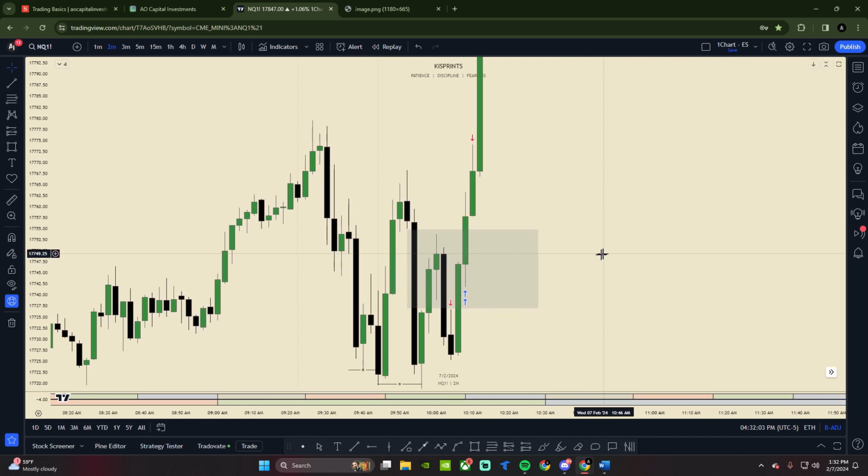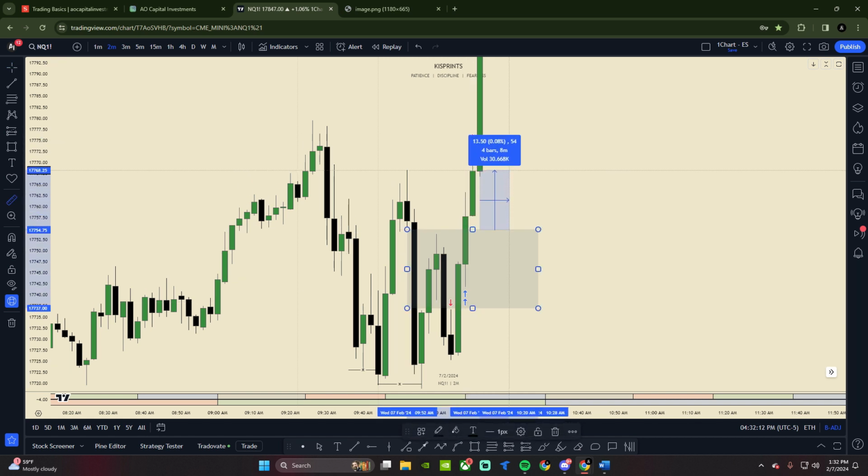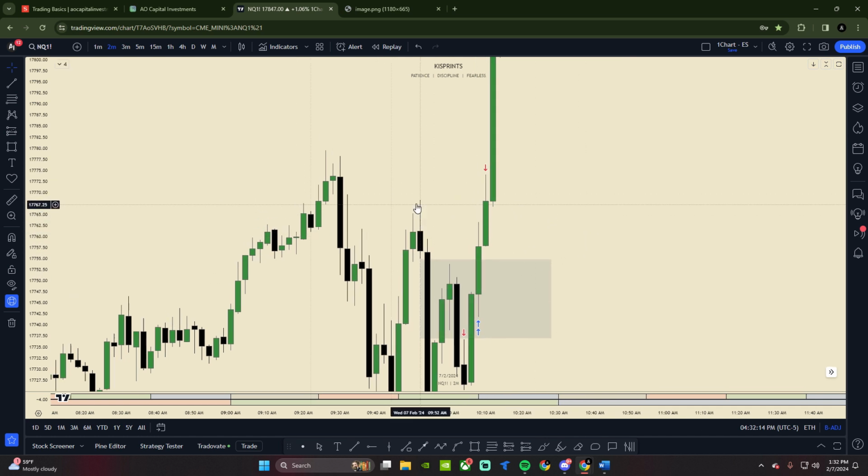Here's my break, here's my actual resistance and trade. There you go. I bought there and I exited there. I guess I could have targeted that, but if I had two contracts, yeah, I would have targeted this high. I only had one, so